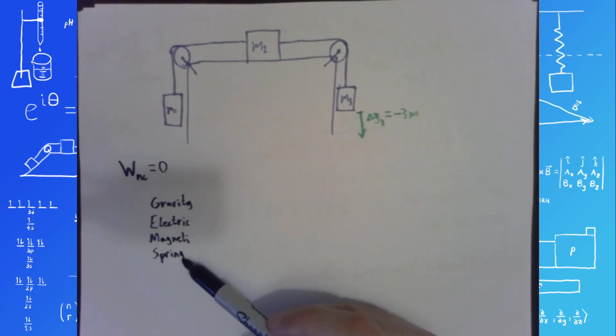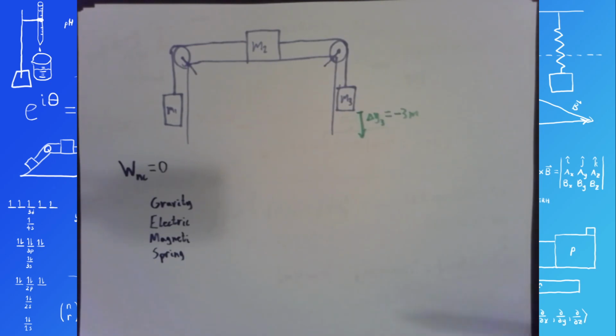And the spring force is only for springs that obey Hooke's law, so ideal springs. If you have weird springs that don't exert force proportional to how much they're stretched or compressed, then it's not going to work. It's only for springs where the force increases linearly with stretching or compression. Anyway,